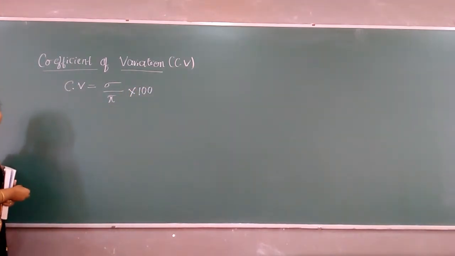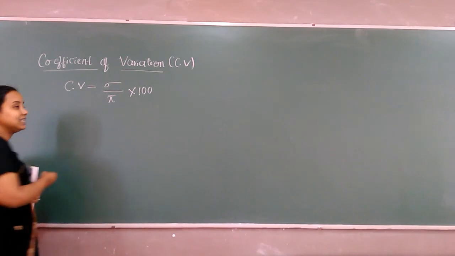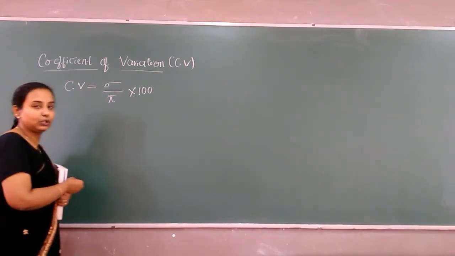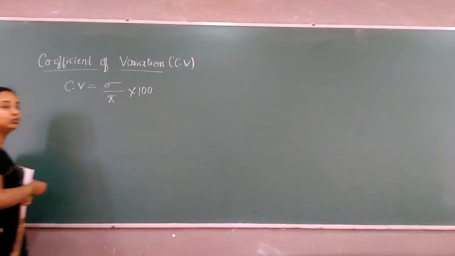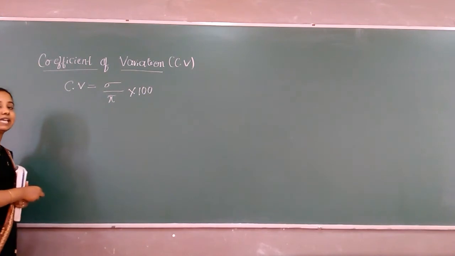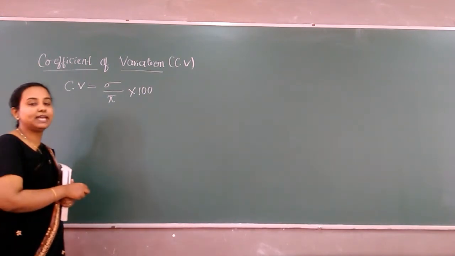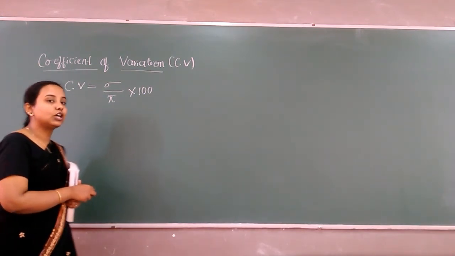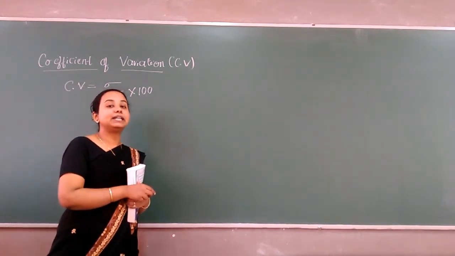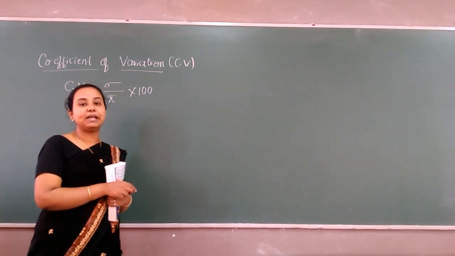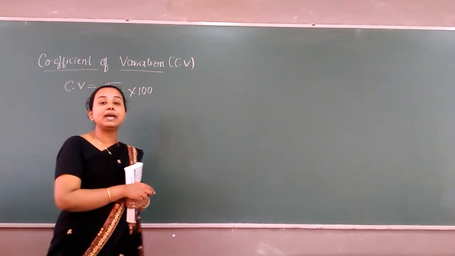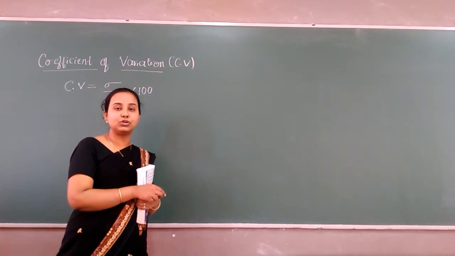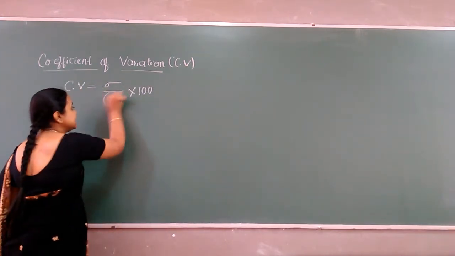Okay, so if two data are given, you will have two CVs, that is CV1, CV2. In the same way, you will have two standard deviations and two means. Okay, but there is one more particular case for this CV. This is not for this year's syllabus, but I will just explain that particular case. That is finding or comparing two given frequency distributions where the mean is the same.